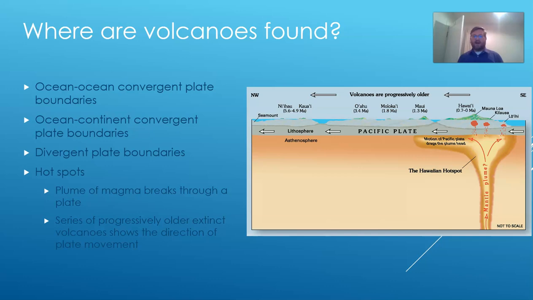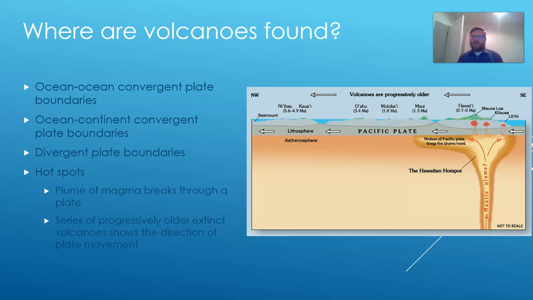Now, the interesting thing about a hotspot is that the hotspot remains in place. It stays in the same spot on the Earth, but the plate that it is creating the volcano on is still moving. And so what we get when we have a hotspot is a chain of volcanoes in which the volcano at one end of that chain is active. And then as you go down the chain, you get inactive and extinct volcanoes that get older and older and older. So in the diagram there, you see one of the most famous hotspots in the world, which is the